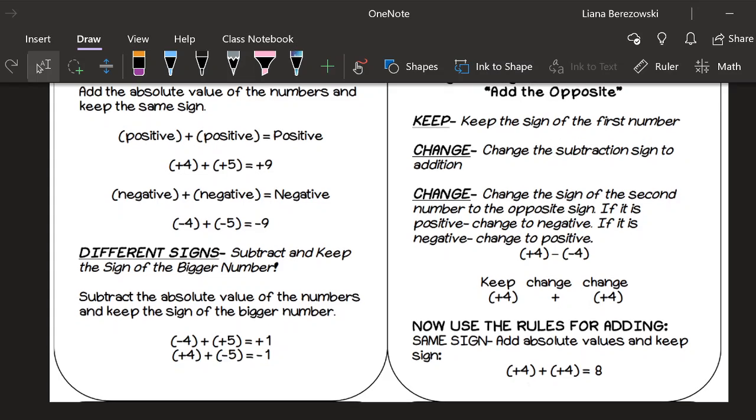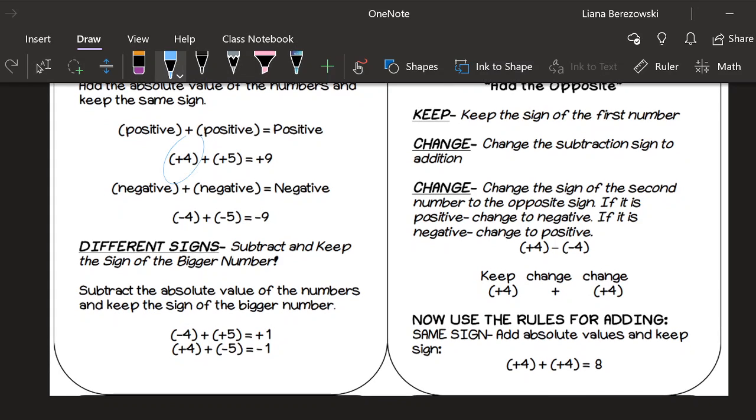So two positive numbers, in this example here, positive 4 plus positive 5. Add the two numbers. So 4 plus 5, that's 9. And then it's going to be a positive 9 because the numbers in your problem are also positive. If we switch that around, so same numbers, 4 and 5, but this time they're negative, we're still going to add 4 and 5. We're going to ignore the negative signs for now, just add the value of 4 and 5. It's still 9, but this time our 9 will be negative because the numbers in our problem are both negative. Okay, so really straightforward when you have the same sign.